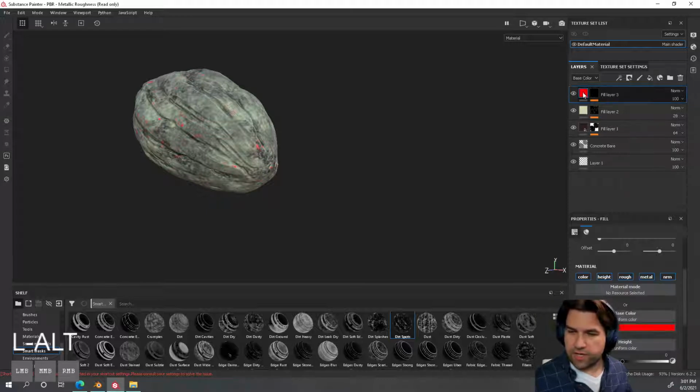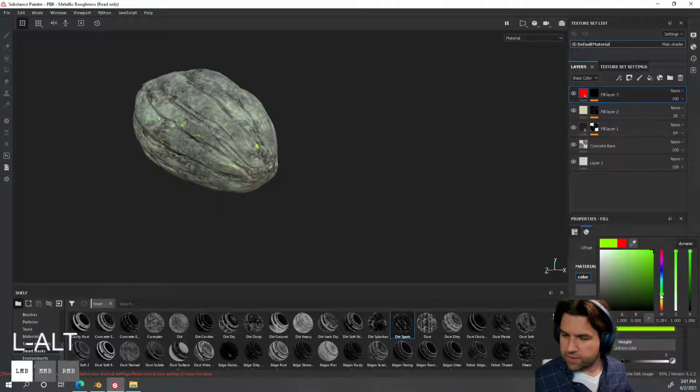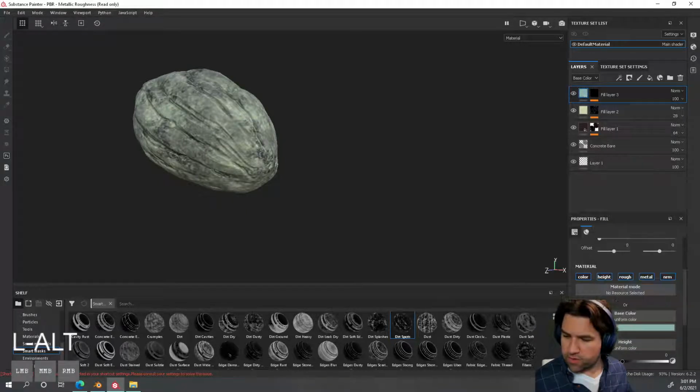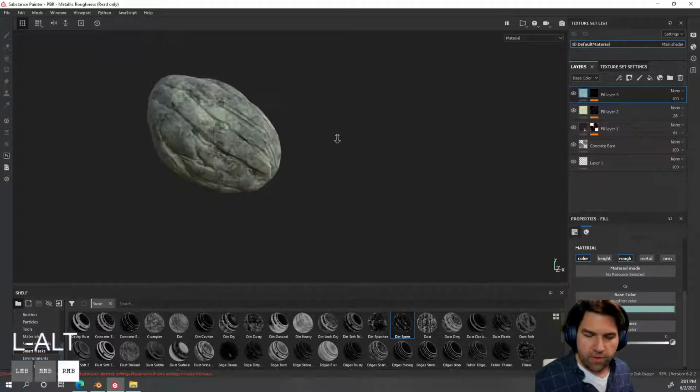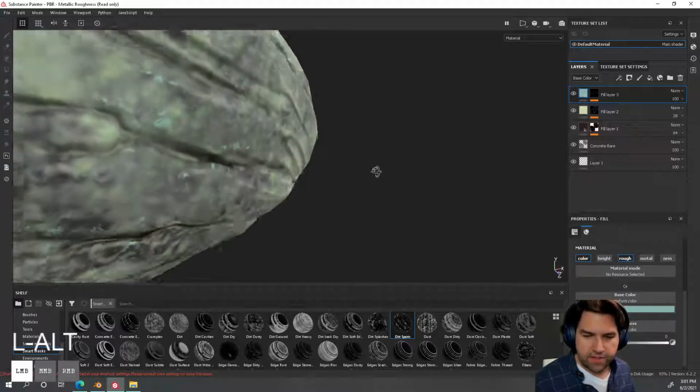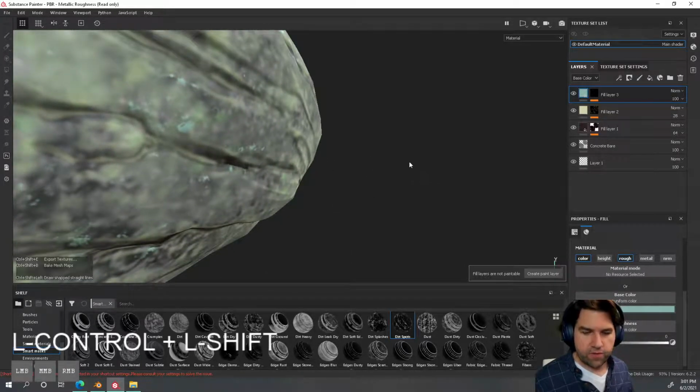And then let's change the color of this to almost like, give it a nice, kind of opalescent color like this. Pull it down a little bit so it's not quite so bright. And now I can say height off, metal normal off, but I'm going to take that roughness really low. And so now what I'm going to have, it's a little hard to see, but if I control and, I